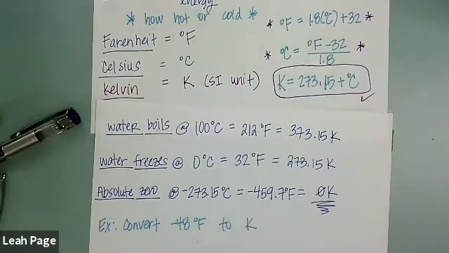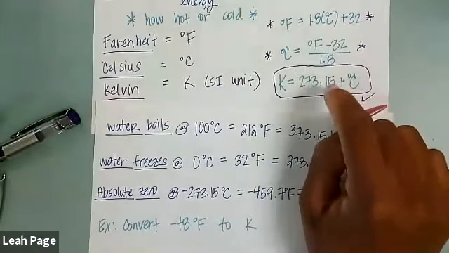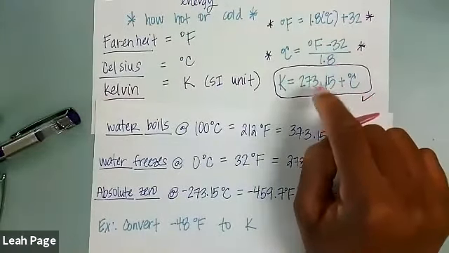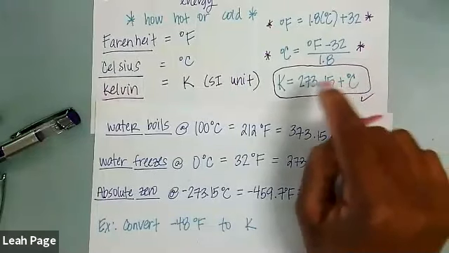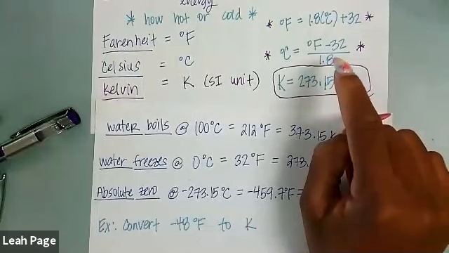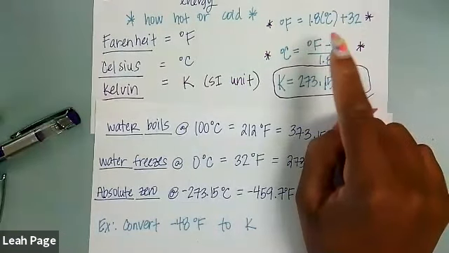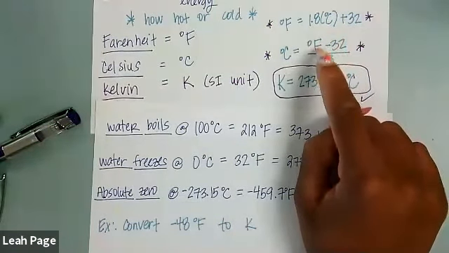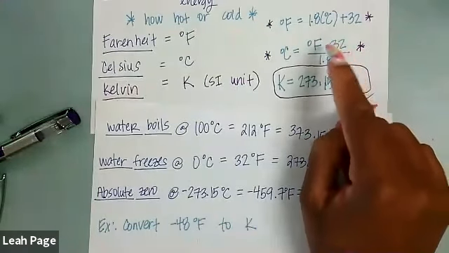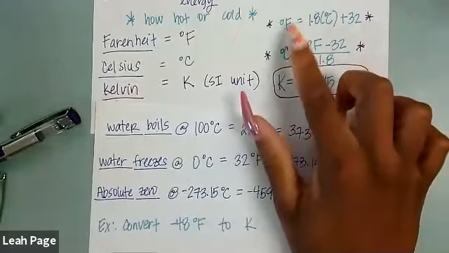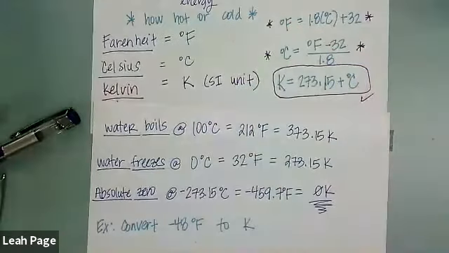Karen, to answer your question, the easiest way to remember equations for the quiz, I would say just learn these two. So this one, I think is pretty straightforward. You just remember you're just adding Celsius to 273.15. And then this one, I would just memorize it. And if you know these two, you can easily rearrange the equation to solve for F.